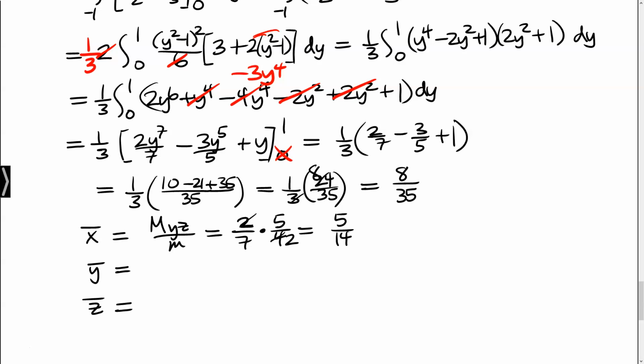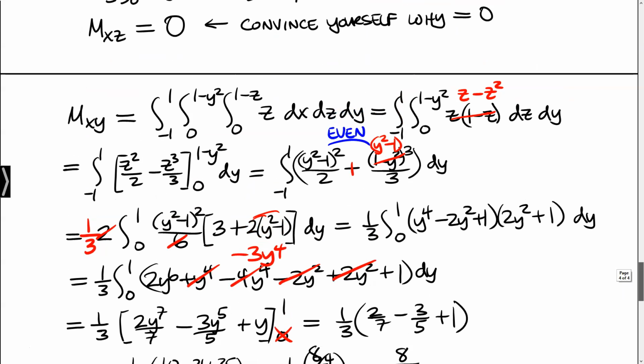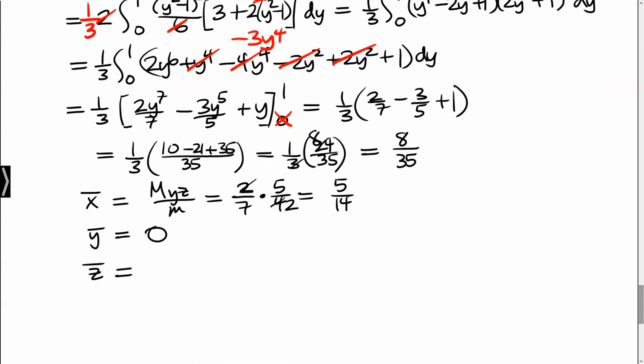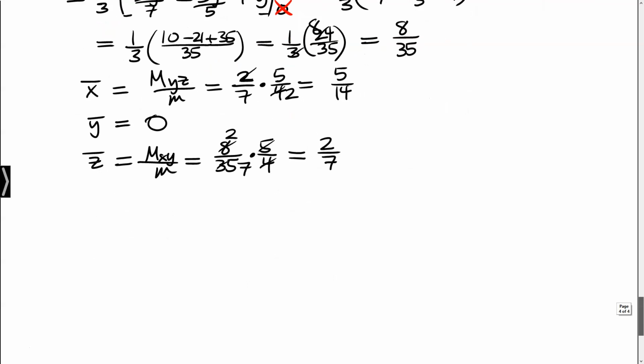Okay, and we already said y bar, we know that's 0, because the moment about the xz plane was 0. And then for z bar, this is m sub xy over little m, which is the 8/35 divided by 4/5. Again, a little bit of canceling, 2/7. Okay, so it looks like we finally got our center of mass here,